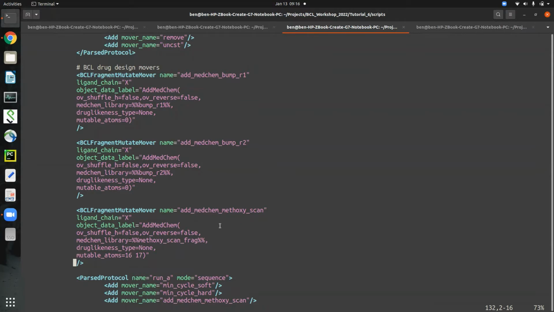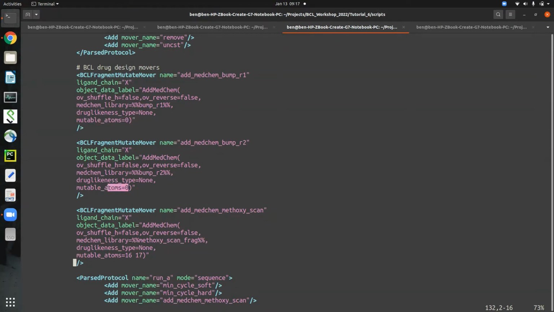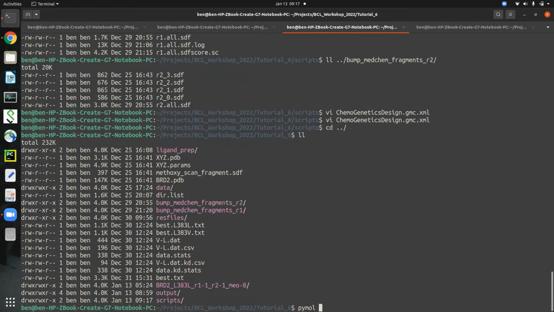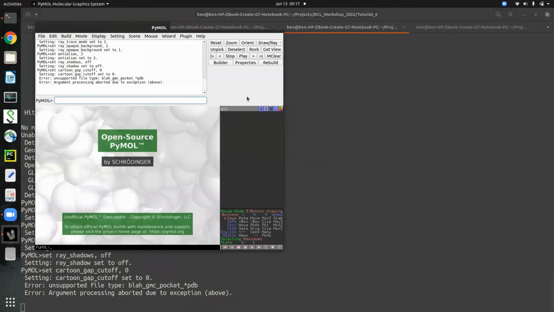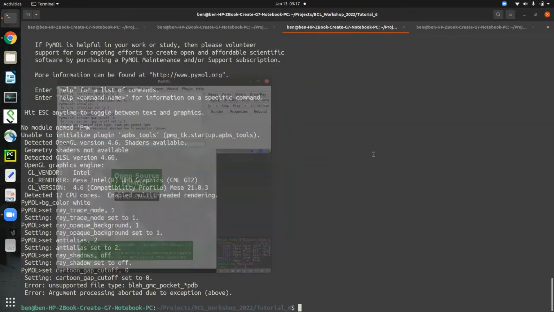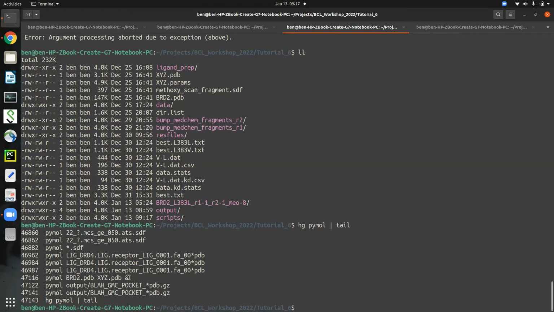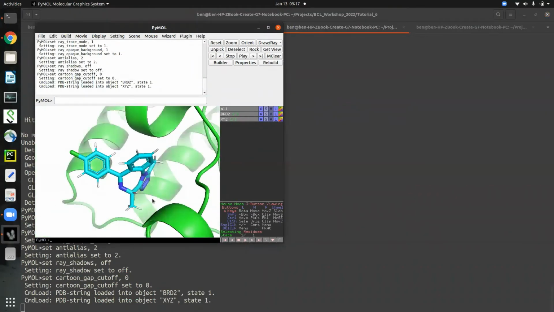The other thing to note here is that these two AddMedChem mutates actually both correspond to the same mutable atom index. If we go back to that PyMOL session that I had, let's see, it's up here somewhere. Yeah, not this one. That's okay. This is the one. One of the things you'll notice